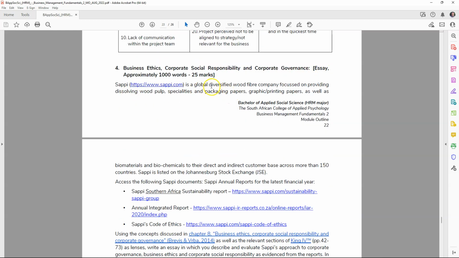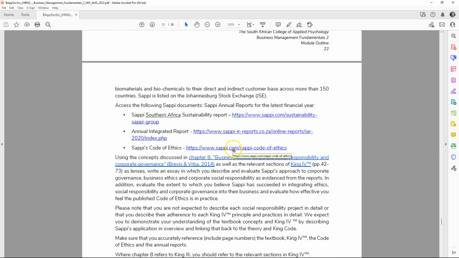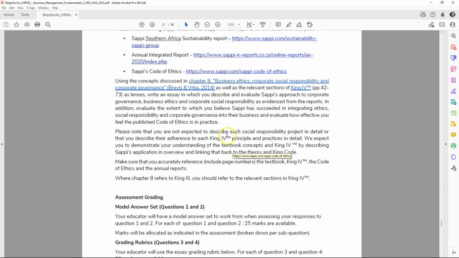Also, everything will be related to this practical situation of an actual company, in evaluating this company and making assertions around what you can find as evidence in those various reports. Okay, and yeah, so I think that's enough.